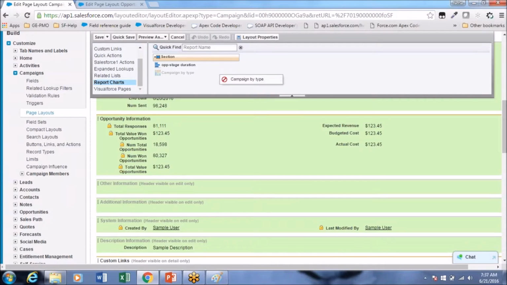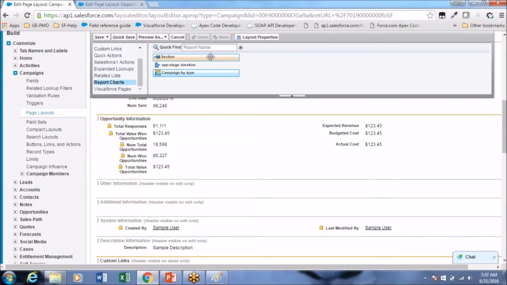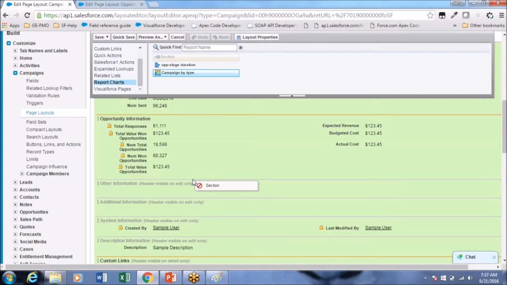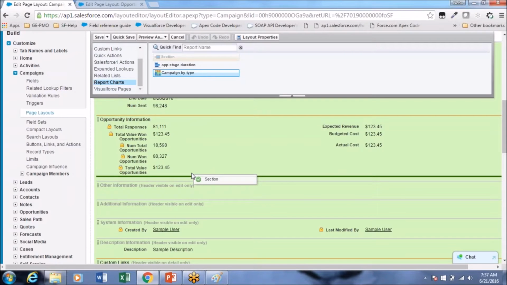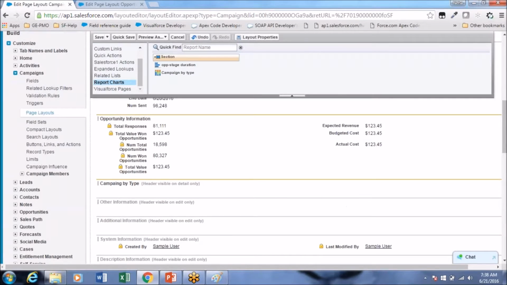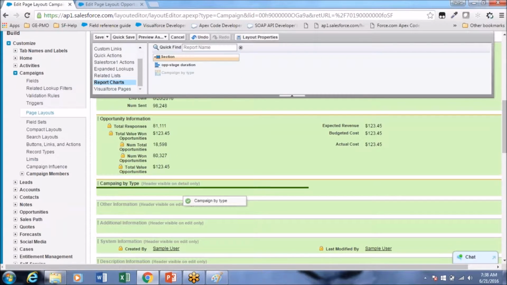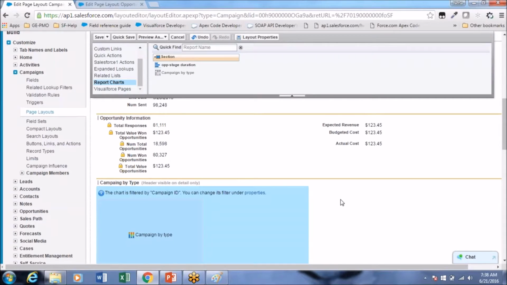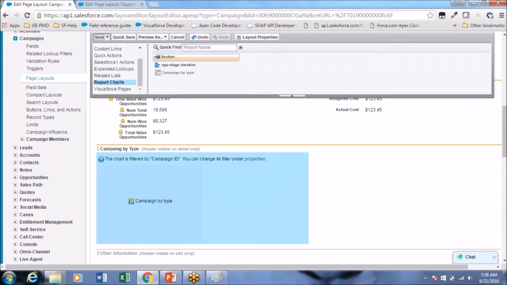First I'll create a section for this, then we'll drop. The chart we create at dashboards. Save.